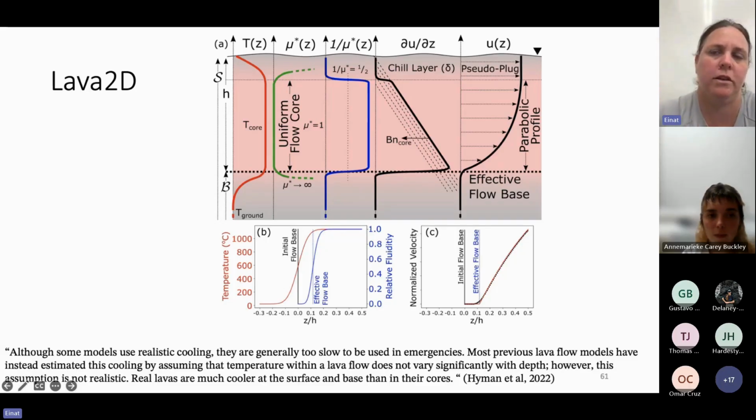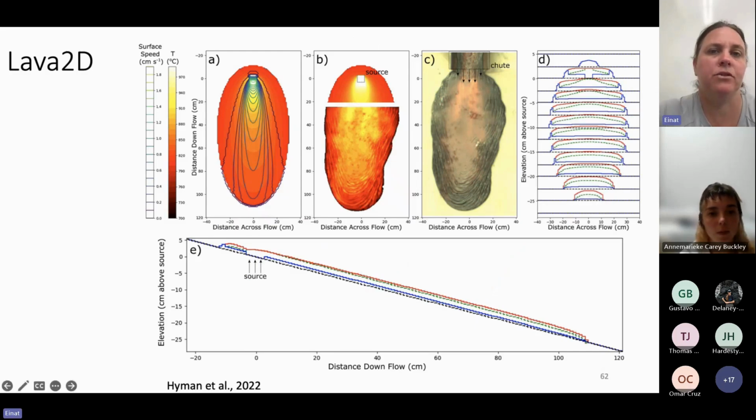So it has a uniform velocity and then a parabolic profile through that isoviscous core. So it's kind of a compromise rather than solving everything, and so including the mixing in the core, it's making simplified assumptions, which helps it run a little bit faster. Lava 2D was